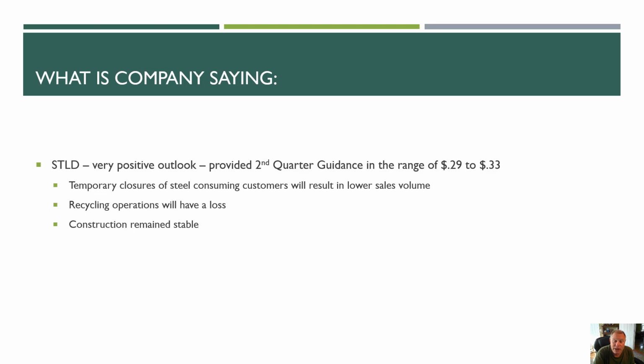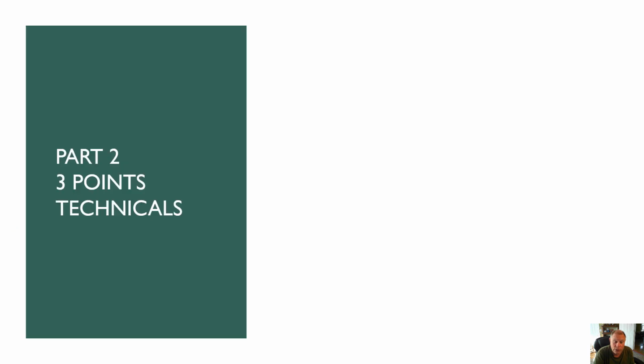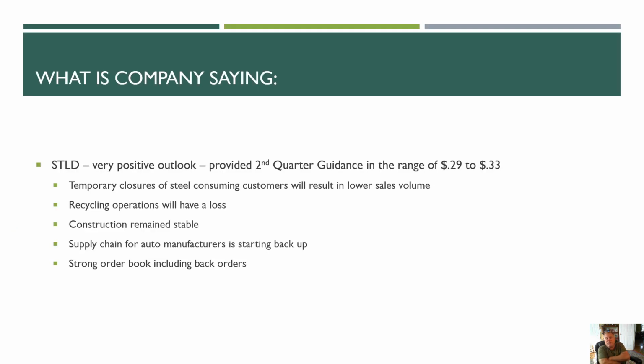Construction remains stable, one of their big customer segments. Supply chain for auto manufacturers is starting back up. They have a strong order book, including back orders. So they're looking to think, yeah, they're going to be impacted. Second quarter is not going to be real good, but they're going to make it. And that's consistent with some of the testing and the analytics that we've previously done on Steel